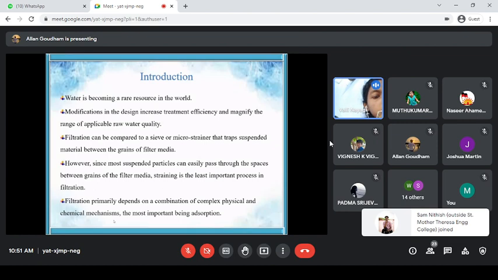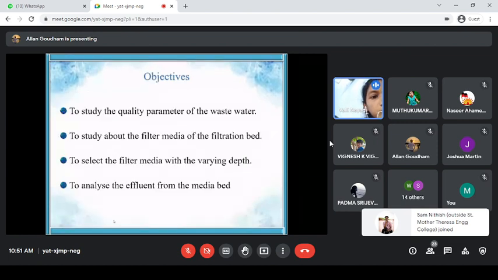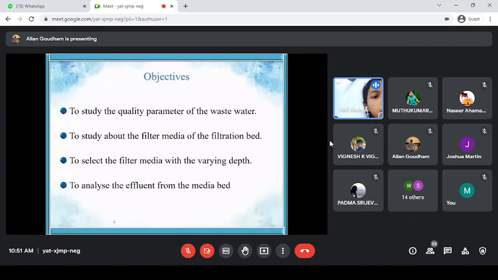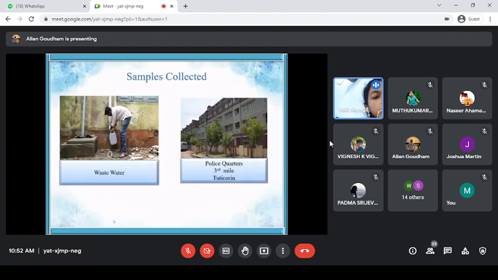So the next, the objectives of our project are, first of all, to study the quality parameters of wastewater, to study the filter media of the filtration bed, to select the filter media with a varying depth, and also to analyze the effluent from the media bed. First we collect the wastewater. The wastewater sample was collected at the police quarters, Third Mile in Tuticorin, and then